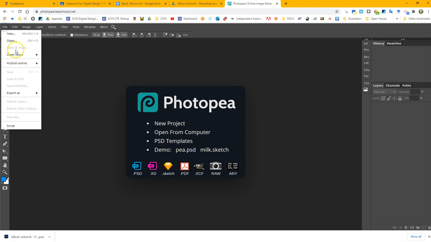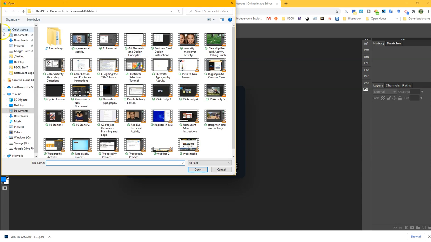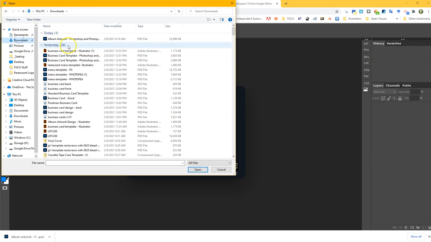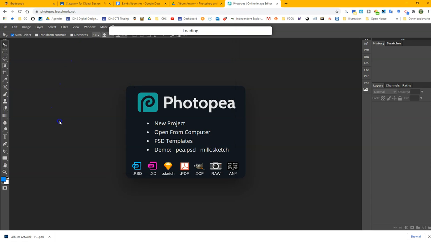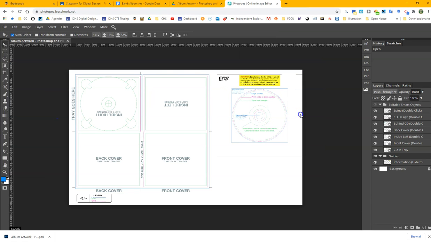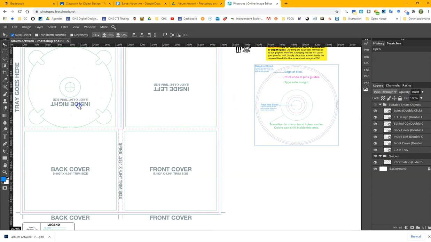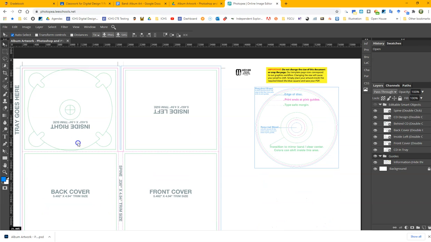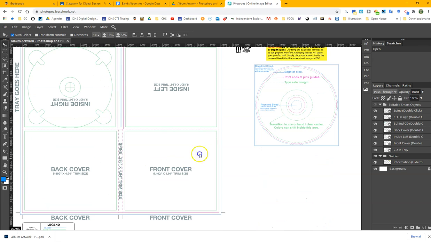and go to File, Open. And when I do that and go into my downloads and get it, you're going to see in Photopea, this is what it looks like. And you can zoom in by pressing Control plus. And in fact, the way I set this up, it used to be we would design directly on the template, but I set everything up as what's called smart objects,